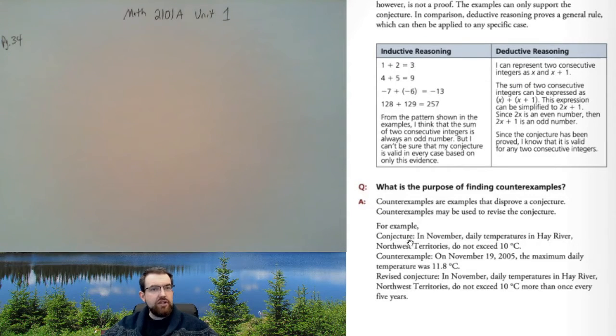For example, conjecture: in November, the daily temperatures in Hay River, Northwest Territories do not exceed 10 degrees Celsius. Counterexample: November 19th, 2005, the maximum daily temperature was 11.8 degrees Celsius. So a revised conjecture is that in November, daily temperatures in Hay River do not exceed 10 C more than once every 5 years, right? So that's sort of a caveat that they included there to make